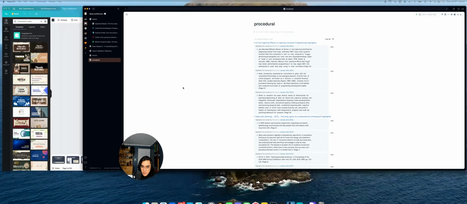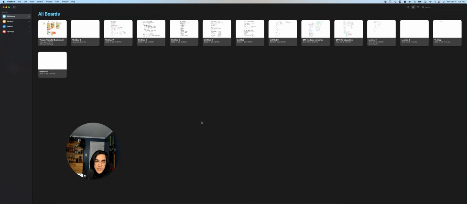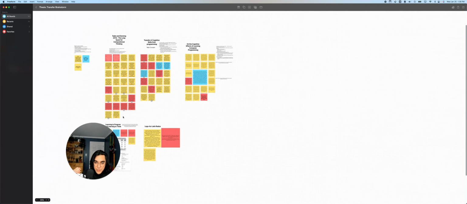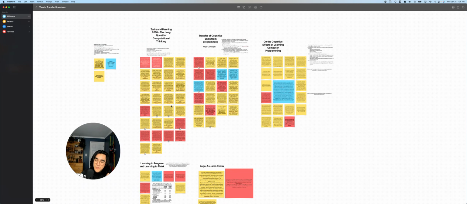And I start with Freeform or OneNote. The important part is that I have some sort of application that allows me to drag and drop ideas all over the place, look at them in a big scope, and then zoom in. I just need to be able to manipulate the level of detail that I'm looking at and have a lot of control over how I look at things.